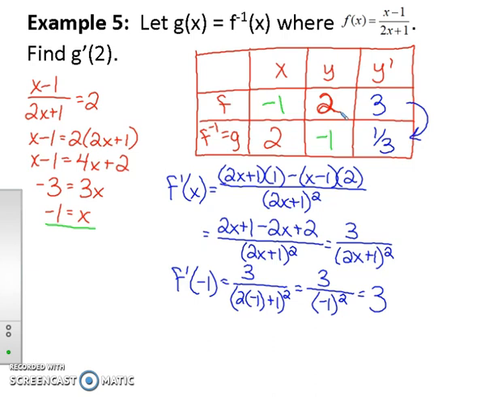Did the algebra to solve for that, and that gave me the x value of -1, which I then put in the f row. I then did the quotient rule here in blue, found my formula for the derivative, substituted -1 in, and got 3. That was the derivative of f. So then all I simply had to do was take the reciprocal of that, and my final answer there